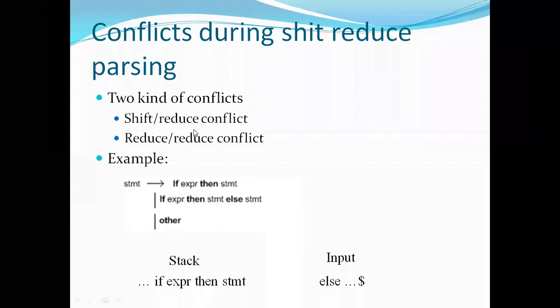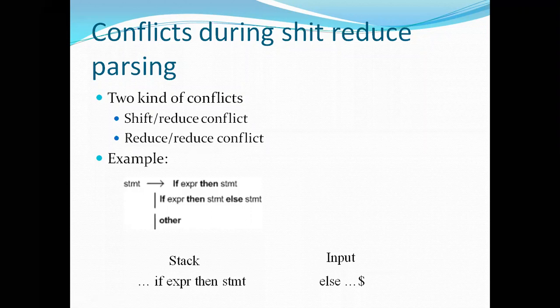Is there any doubt about the shift reduce conflict or the reduce conflict? In the shift reduce conflict we have two alternatives: a shift action as well as a reduce action. At that time we have the shift reduce problem. Conflict means the problem. In that situation we perform only one operation, either shift or reduce. In the reduce conflict there are two types of reduce statements, so which one is correct? We have to choose that one and perform that action.